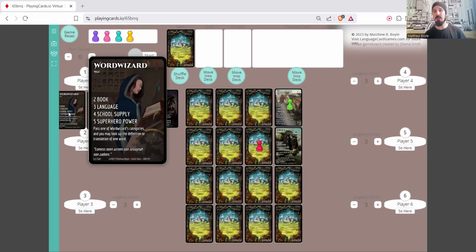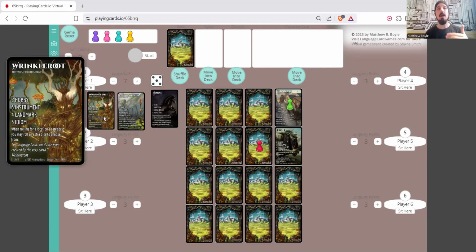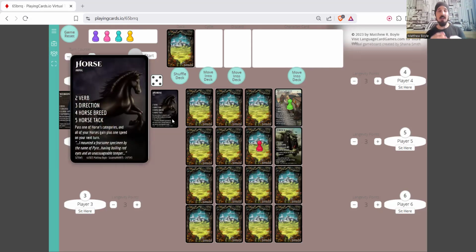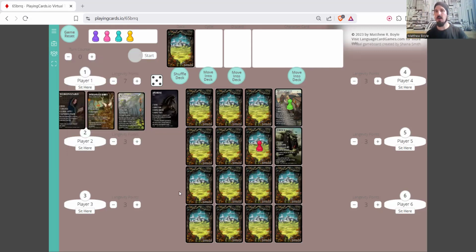Superhero powers like invisibility or teleportation, idioms, layers of the planet, like the crust, the mantle, the lithosphere, the core, whatever. Horse tack is anything you need to take care of a horse or ride a horse, like the saddle or the bridle, maybe horseshoes, things like that. So I can pick the number 5 topic on any of my cards